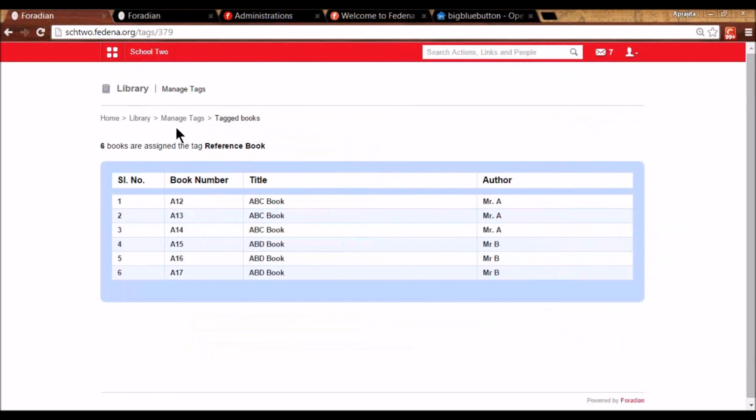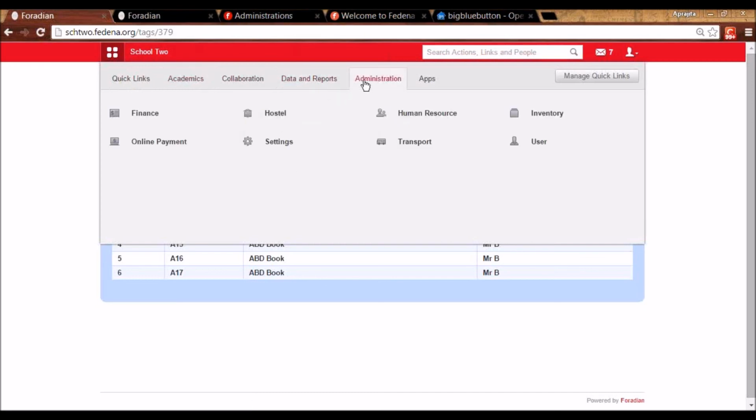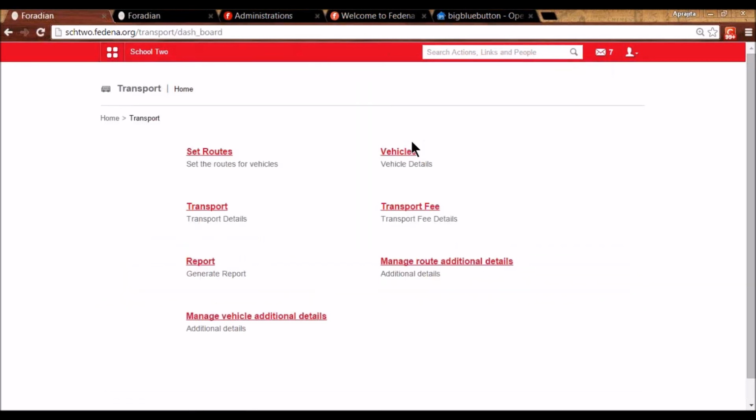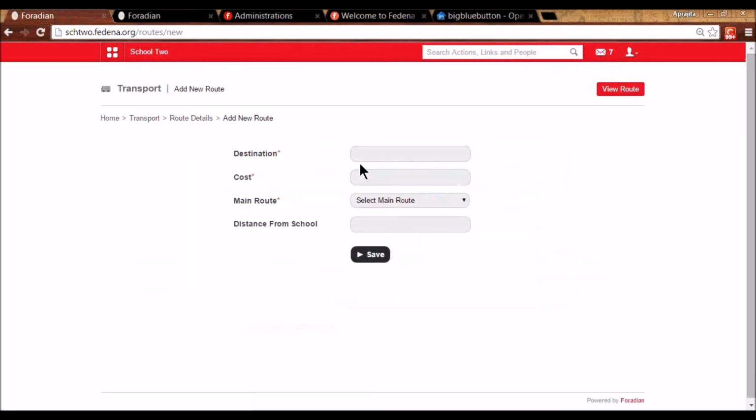Now let's see the transport module. So we have transport under administration, transport. And here we can set route for the transport. So we'll click on add route and we can give the destination of the route. So the last point of this transport route. So from, let's say from your institute, there's a vehicle that goes till end point